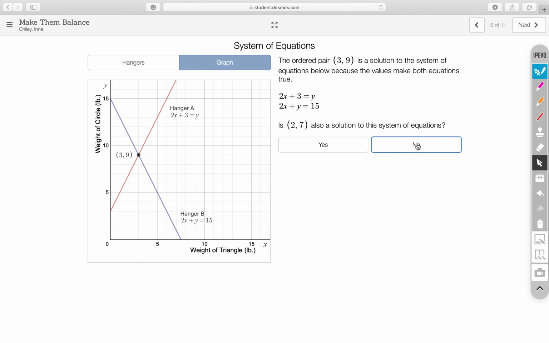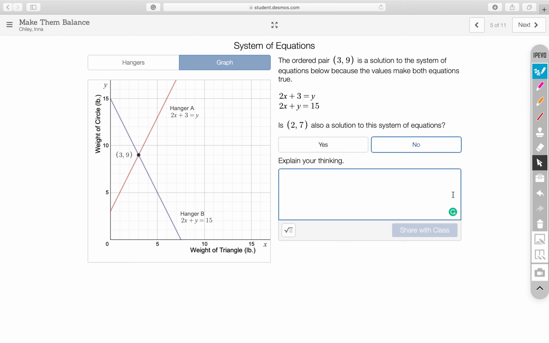So we're going to click no. Explain your thinking. We can say the point 2, 7 balances